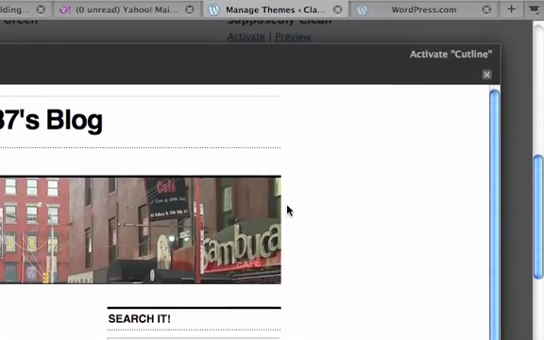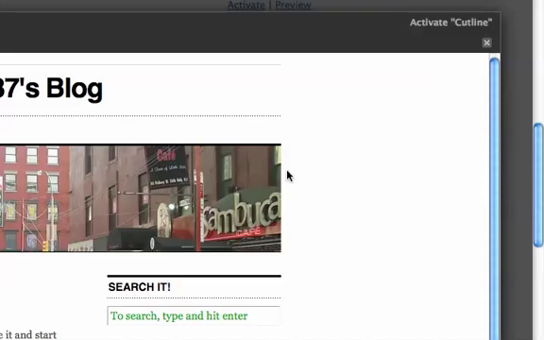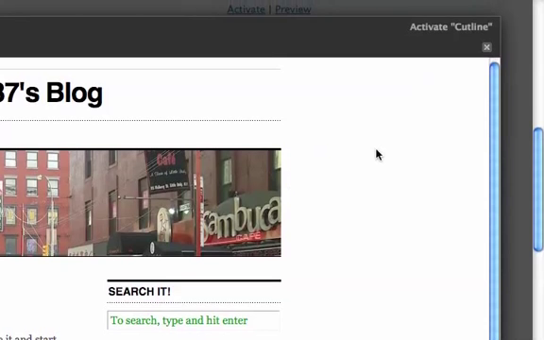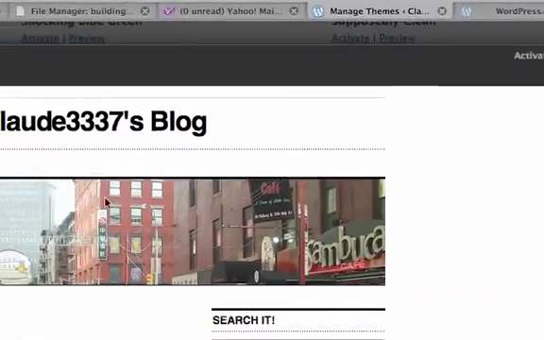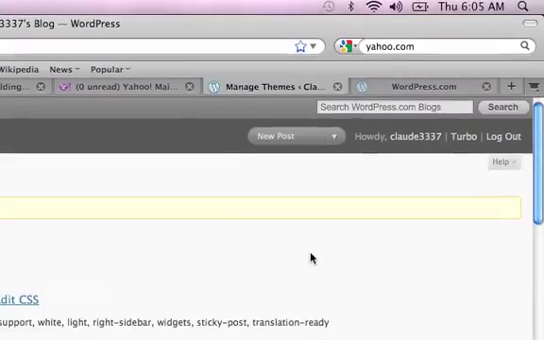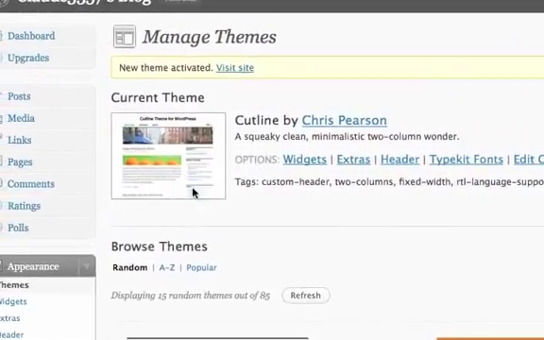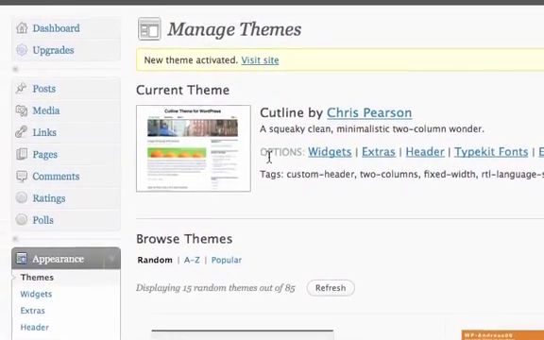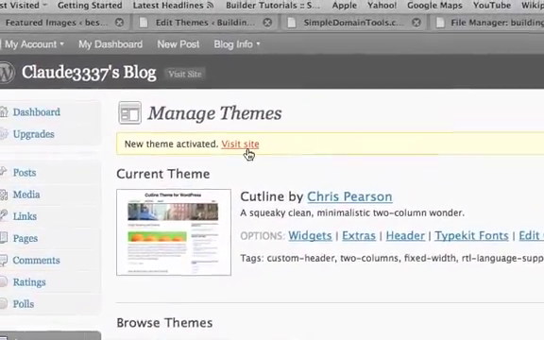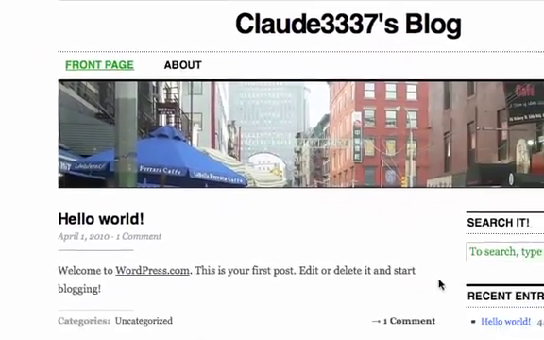So let's go here. And I'm going to actually give you a theme at the workshop. It's a multi-use theme that you can use on multiple web pages, and it's pretty nice. You can customize it and change your header and things of that sort up. So let's go ahead just to activate this one just to see kind of what it looks like. So now you can tell that this theme here is active, and it's outlined by Chris Pearson, and I can visit my site by going here or either one, and boom, there's my information out there now.